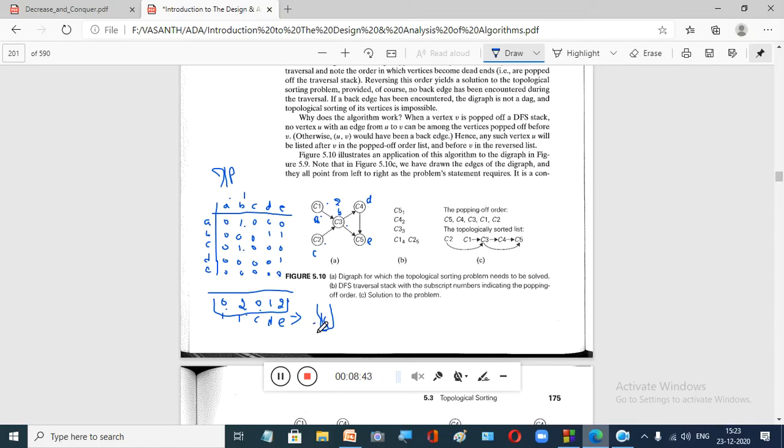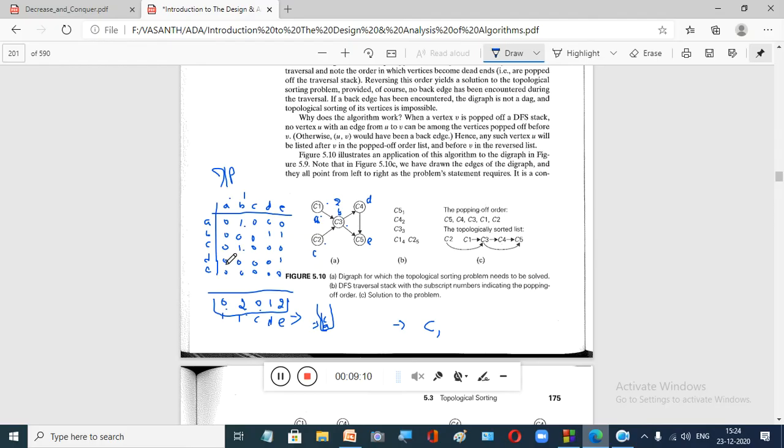So what do we do now? We pop. The topmost element is C, so we remove C from our stack. We pop it outside. Once you pop this, you store it in your topological ordering. So this is your final topological ordering, and you get C. Once you pop C, again you are going to calculate the in degree. So you are going to remove this node C.